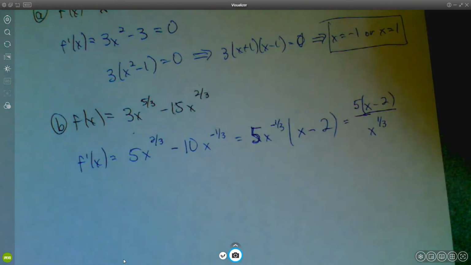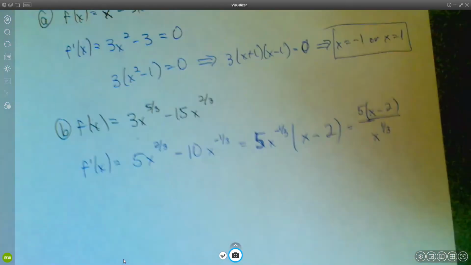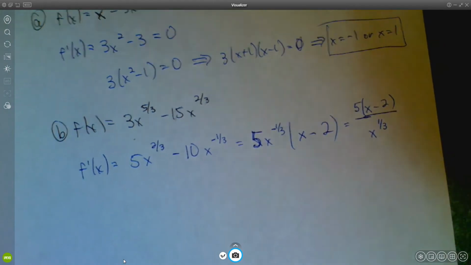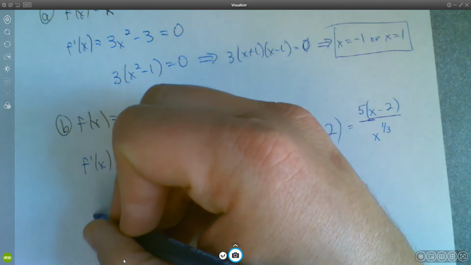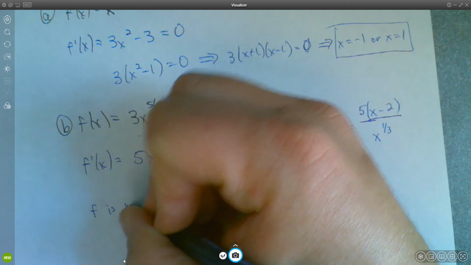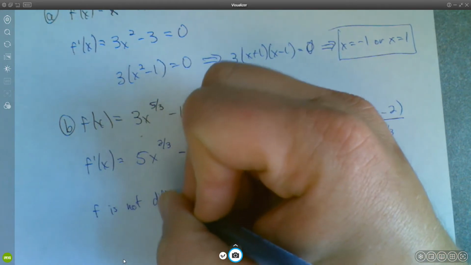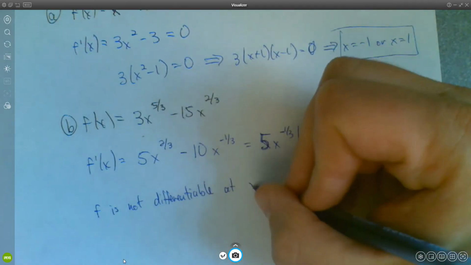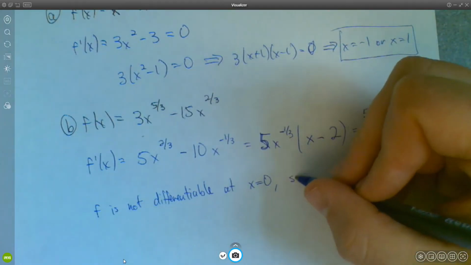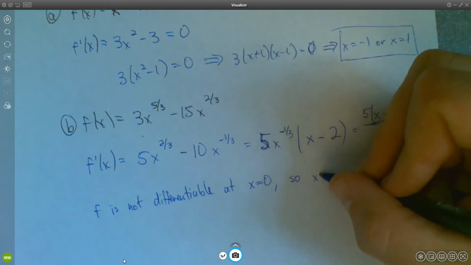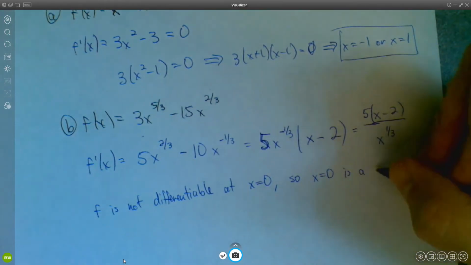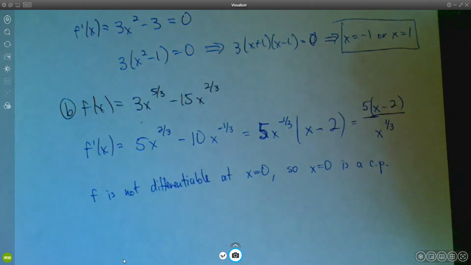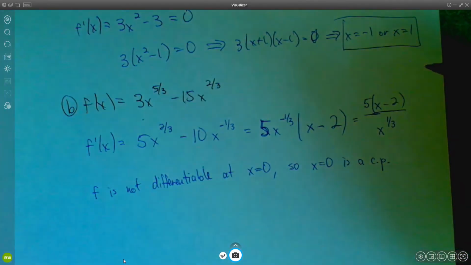Okay? So maybe we could say something like this. f is not differentiable at x equals 0. So x equals 0 is a critical point. I'm just going to abbreviate that CP. Okay,